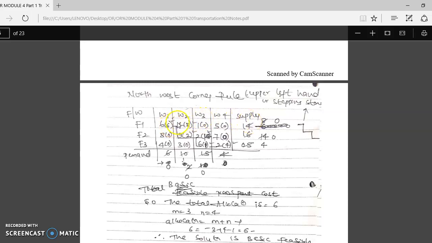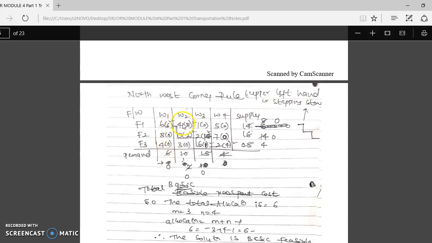Then just look here. We start from the first element. So supply is 14, required is 6. So out of 14 I can give 6. So give that 6 here. Then out of 6 demand we have given, it becomes 0. Out of 14 supply we have given 6, so if I remove 6 from 14, 8 will be left here. Then whenever either column or row supply or demand becomes 0, then the remaining elements of that row or column become 0. So here this column becomes 0, this demand 6 is already given, it becomes 0. So these two elements are 0.